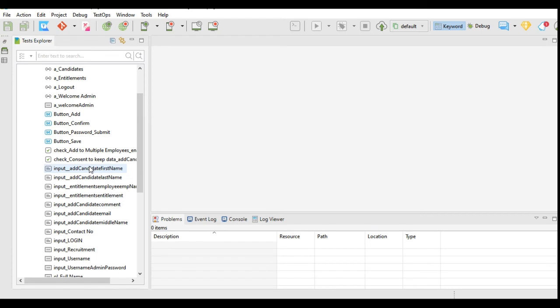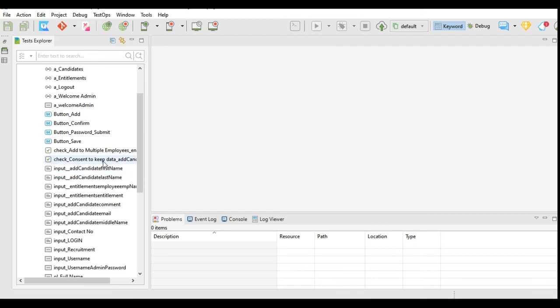Then identify the recurring objects which are repeated, which are used again and again multiple times. Keep only one object, remove the duplicate ones. You will find this a bit tedious and time consuming, but trust me, it will help you in the long run.